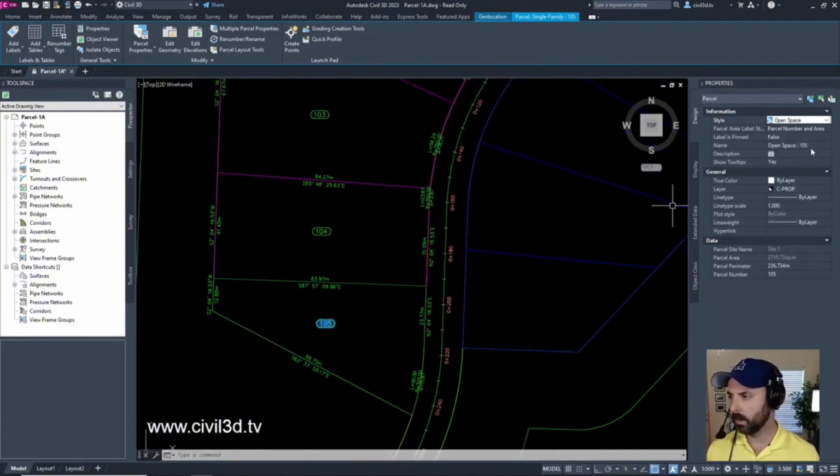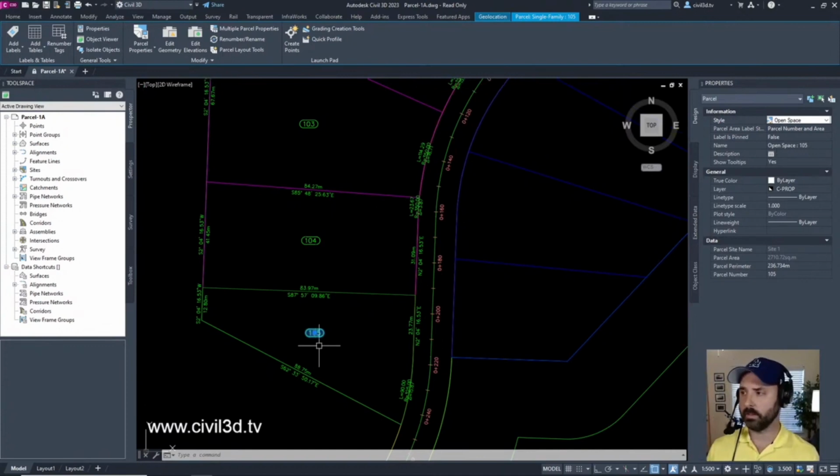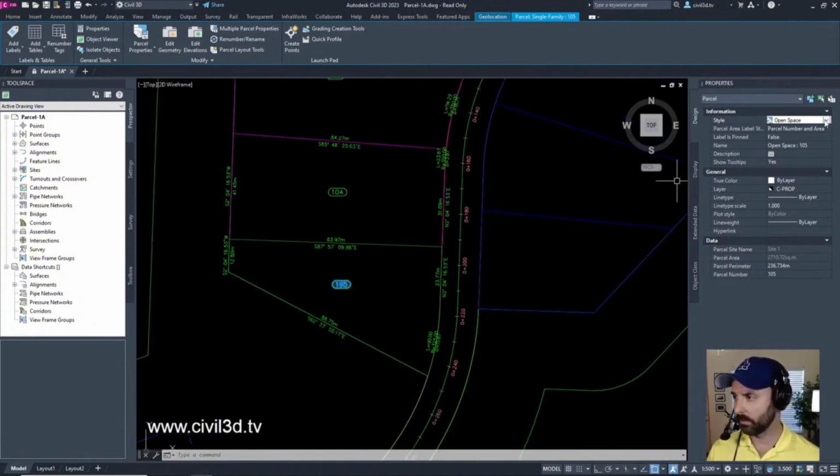See what happened here? For the name, it switched to open space, but we're still on 105. So that's kind of the power of being able to use a style to be able to swap things out and to also rename your parcel.